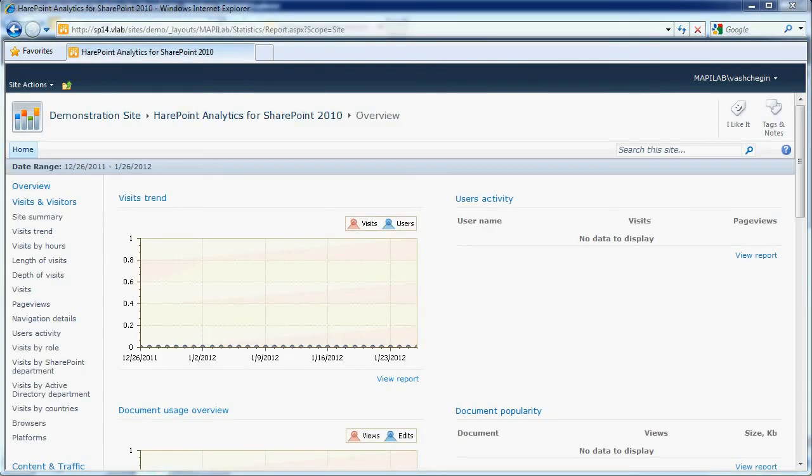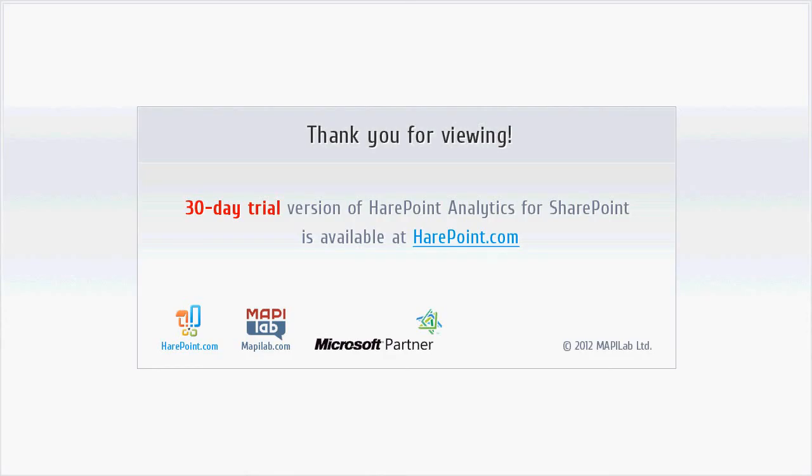In front of you is a dashboard which contains some reports showing the use of the sites in the site collection. Now the page is empty, but if we visit it after 24 hours, we will see reports containing statistical data. You can see examples of reports on the demo site at